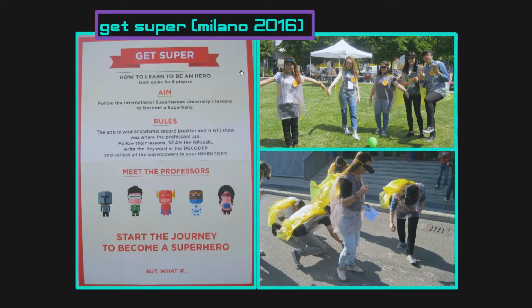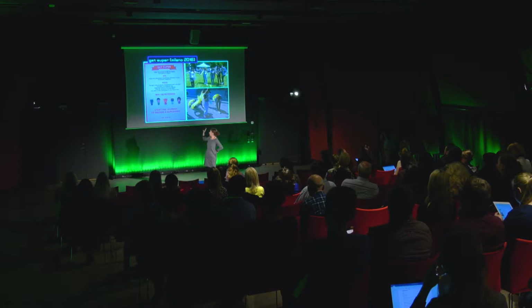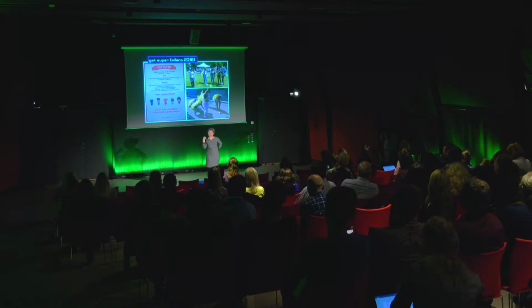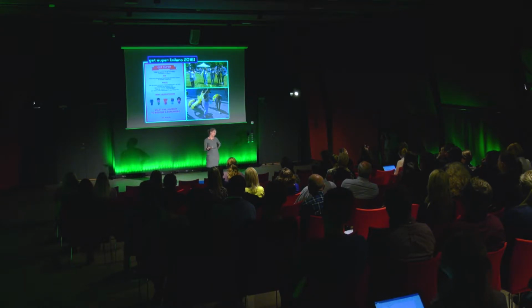Another game we did in 2016 is called Get Super. It works with a cover story, which is an interesting idea because you can tell your players that your narrative is going in a certain way, but at the end have a twist where it turns around and you see that all the things you did were actually other than you thought. In this game, the players think that they are part of a superhero academy and they have to solve tasks and then they gain powers and more powers in order to have a certificate at the end of the game.